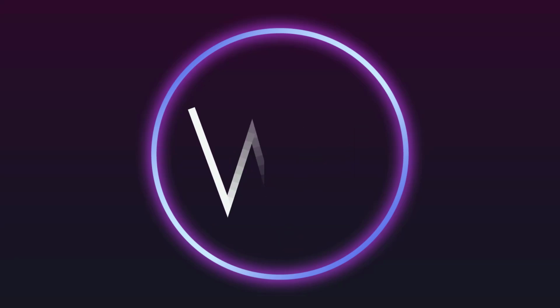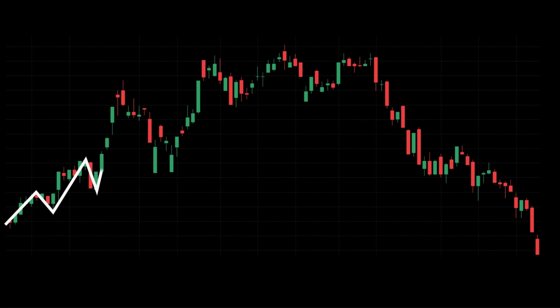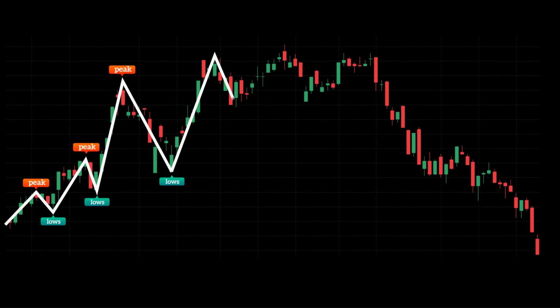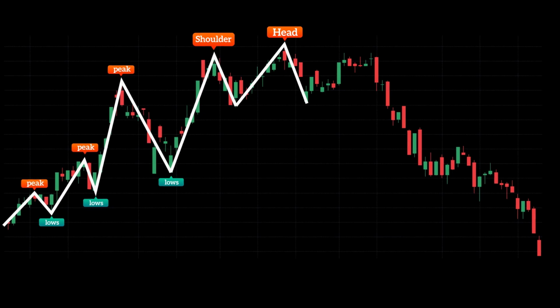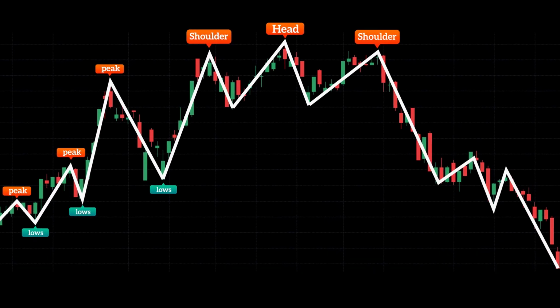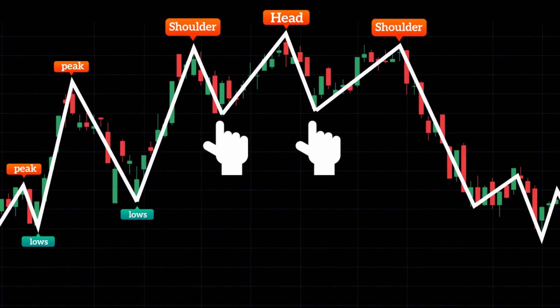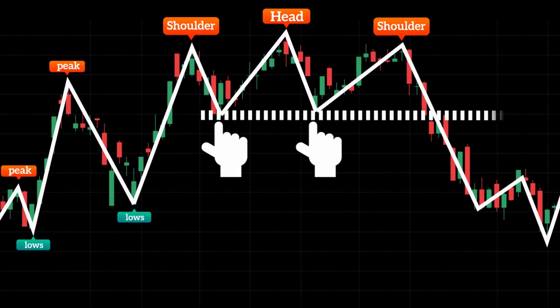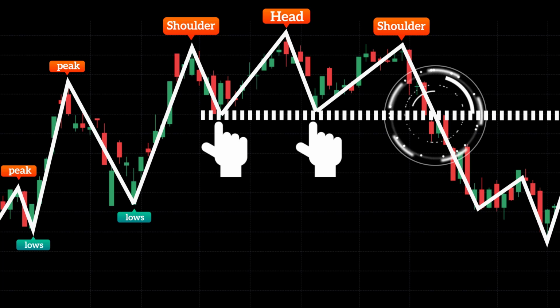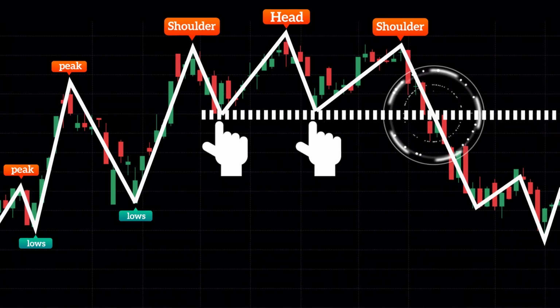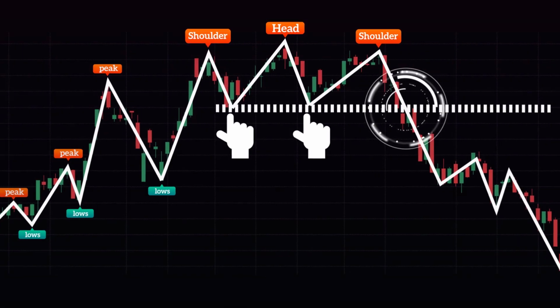The head and shoulders pattern starts with an uptrend, where the price forms a peak called the left shoulder, then a higher peak called the head, followed by a lower peak called the right shoulder. The 2 swing lows here form a support level known as the neckline. From a price action perspective, the head and shoulders pattern signals weakening bullish momentum and the start of a possible trend change when a lower high appears after a previous higher high.